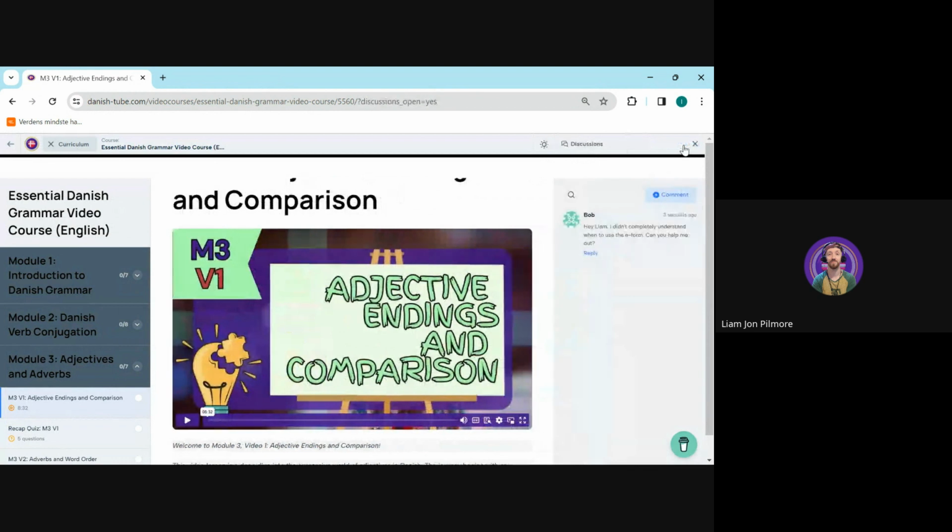Very simply, if you have any question, you can add a little comment here. You can see I've already added one. That was me, Bob, writing to Liam. I didn't completely understand when to use the E form. Can you help me? So I will, of course, receive this comment in the back end and be able to get back to you. So this is a super easy and practical way that you can ask questions while learning